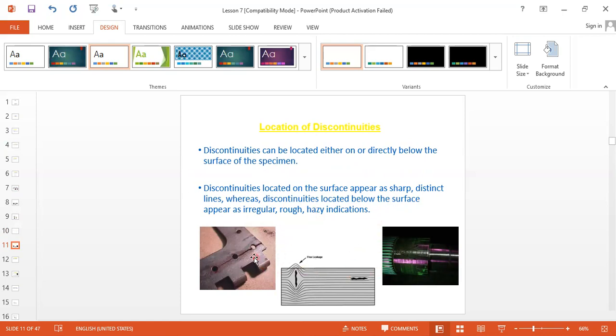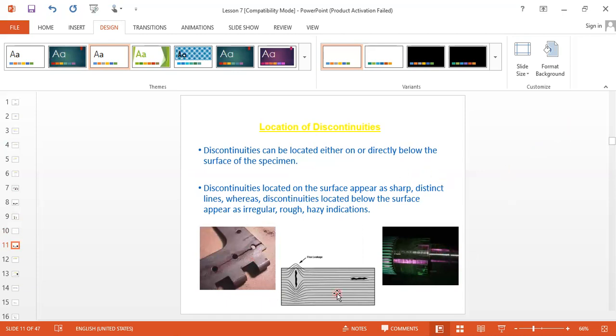Suppose the defect is on the surface or just 10-15 microns below the surface, then we will get a sharp indication, because many lines of force come out of the job and out of the surface, and we will get strong north and south poles. So the powder accumulates, and the indication builds sharply and nicely as well.